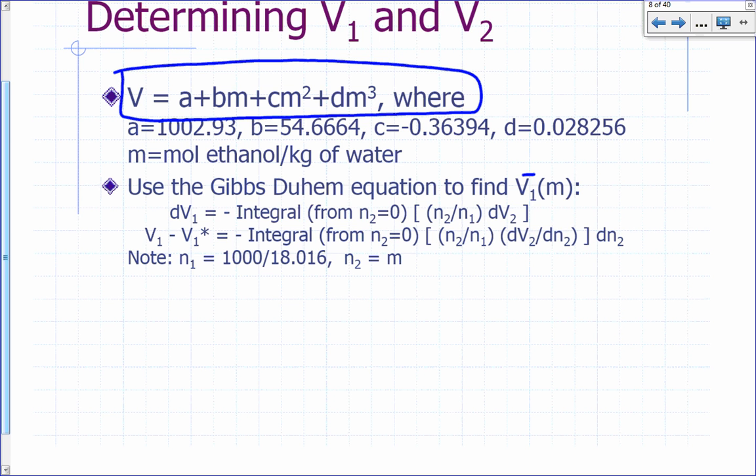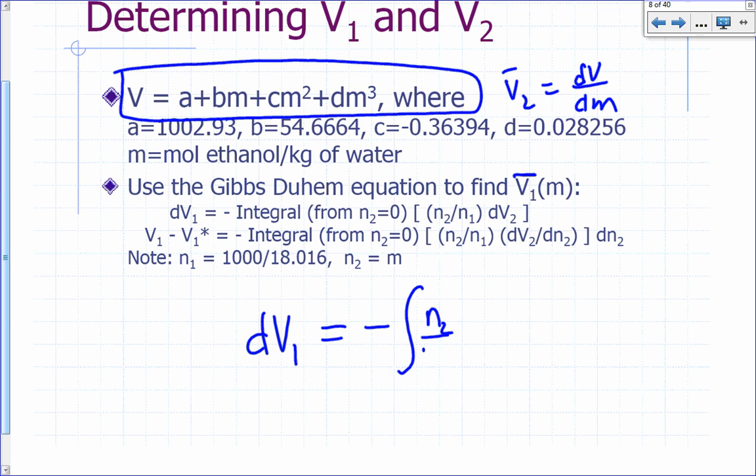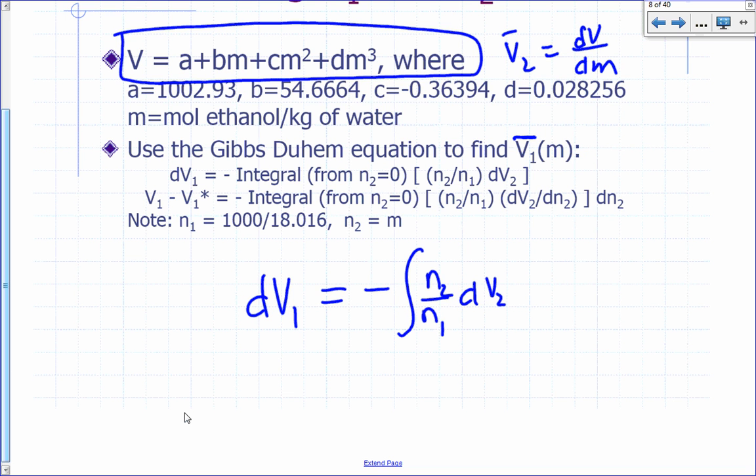Remember, we said V2 here is just dV/dm, right? And we solve for V1. Based on that, let's use the Gibbs-Duhem equation this time to solve for V1. Now, if you recall, your Gibbs-Duhem equation says dV1 equals negative integral of n2 over n1 dV2. Right? So if I were to integrate both sides,